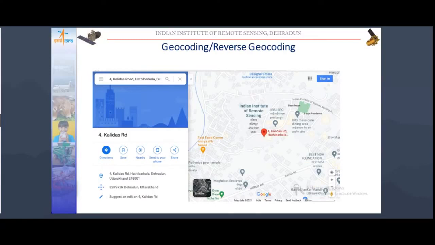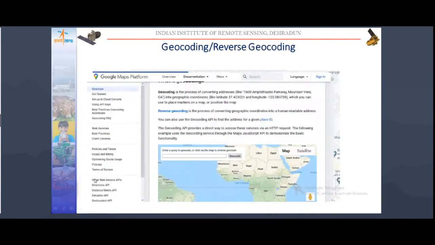From the various API perspectives, the popular API for geocoding and reverse geocoding is the Google API, and on the left hand side you can see that not only the geocoding API but other APIs are available. Please explore the other APIs that can also be used, for example for routing,